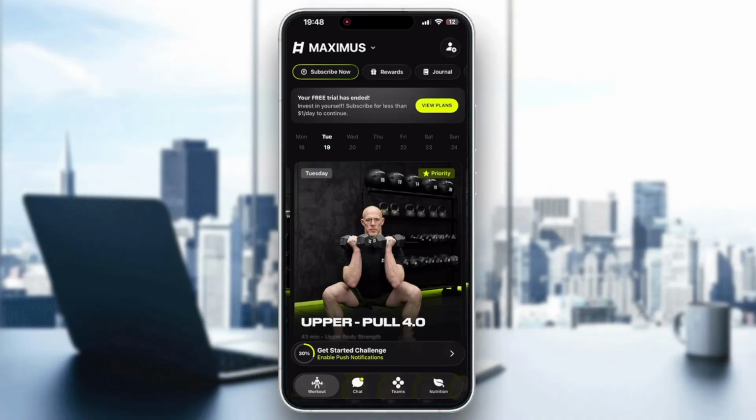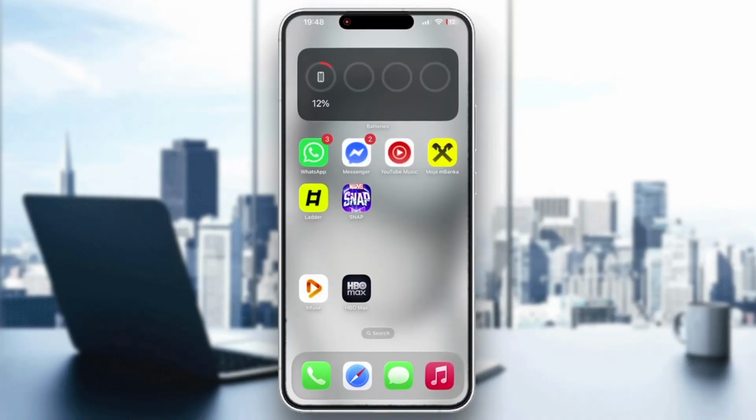So basically guys, to use the macros widget, first you're going to update the application to the latest version to make sure you have the version with the widgets enabled. So what you're going to do is go to the home page of your phone right here. You're going to go to the home page of your applications and you're going to long press anywhere on the